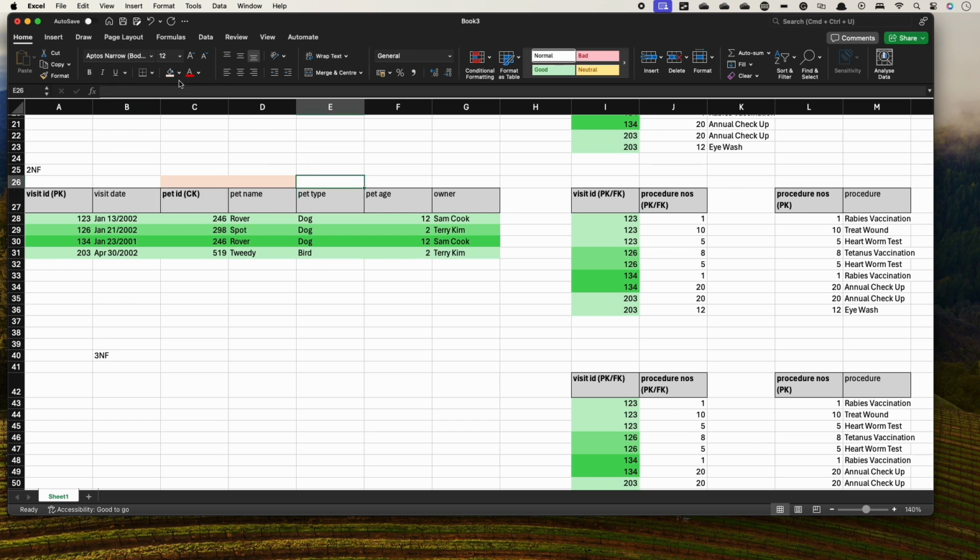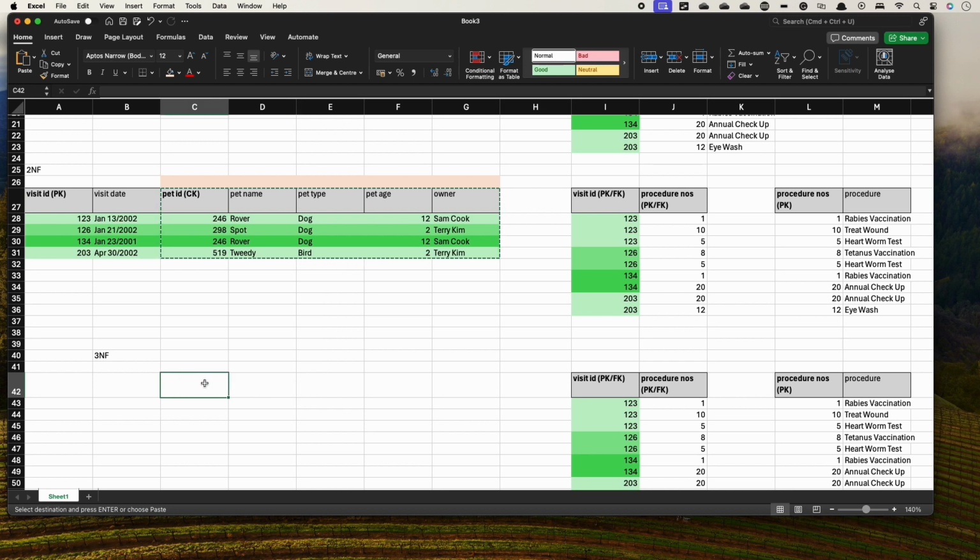In that case, pet type is also a new data topic, so there's a link there. Same with age. And owner can be a strange one because it could be its own, but the pet is linked to the owner and we can see it. And we've got Terry Kim with Tweety Bird and Spot the dog. So the pet ID, the owner is linked to the pet ID also. So we'll go ahead, we'll put that, and because we've noticed this partial dependency, we're going to have to take it out. So we make a new entity with this section of dependency, and we move it down,